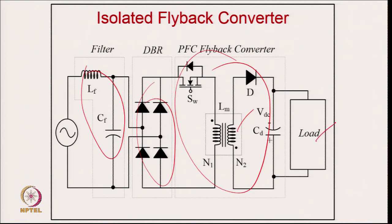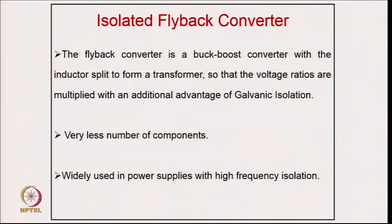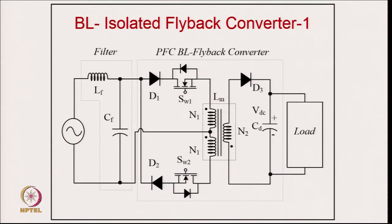Not only one output, you may require multiple outputs in many applications, like light electric vehicle chargers. So, plenty of vehicle applications are there where we need this isolated power factor corrected converter. Of course, the bridgeless version of this is shown here. In the bridgeless version, we have eliminated the diode bridge, and